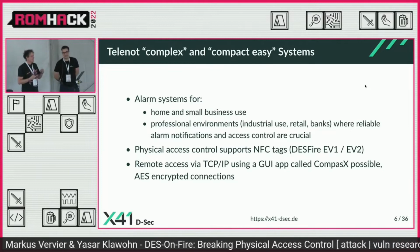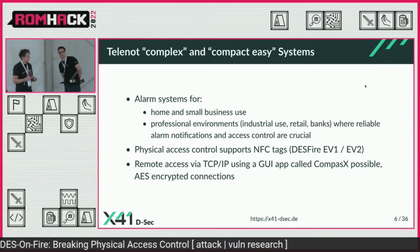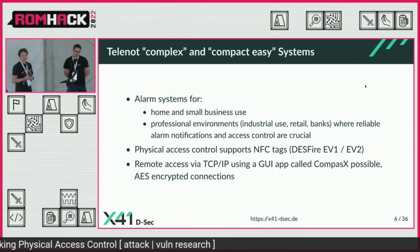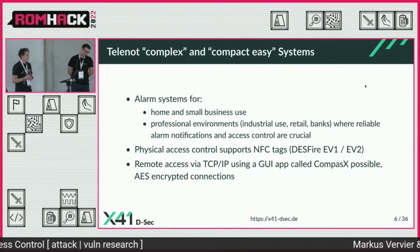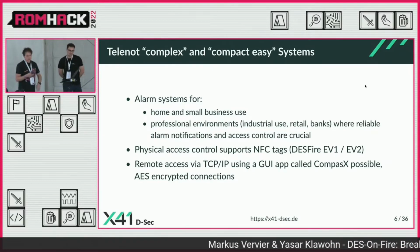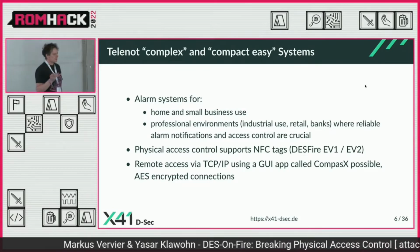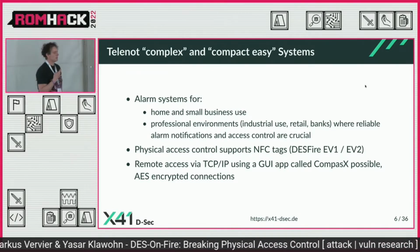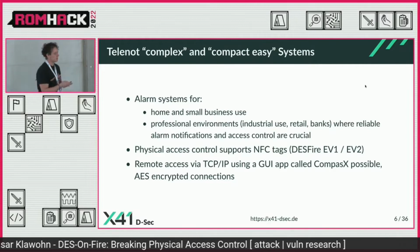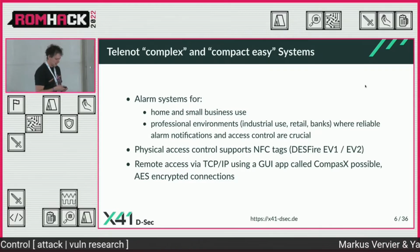So alarm systems, they're used, of course, in different businesses. And the important thing here is, I guess, it's DESFire and it's NFC tags. And also what we discovered is that the same thing that we found is also applicable not only to the DESFire, but also to remote access of alarm systems. The talk is not too much about that, but we want to mention it. We will mention it at the end. And